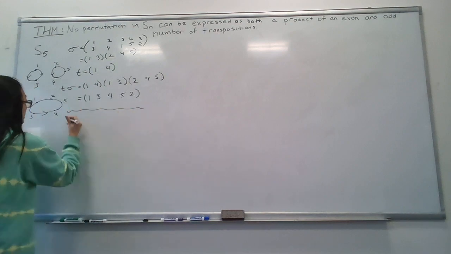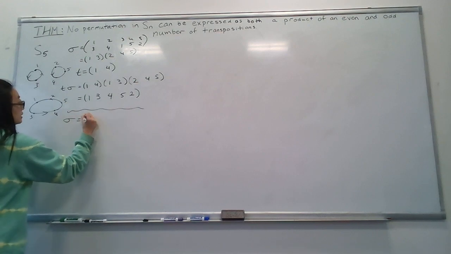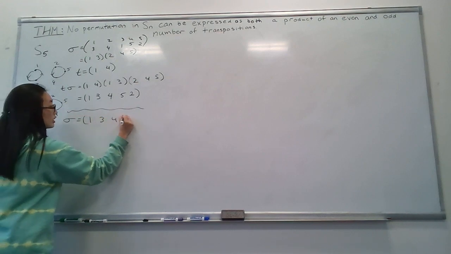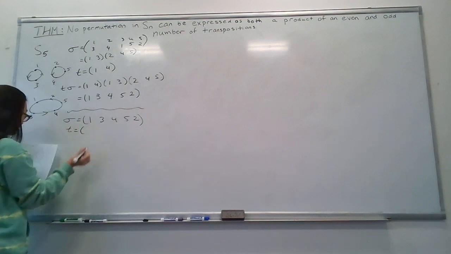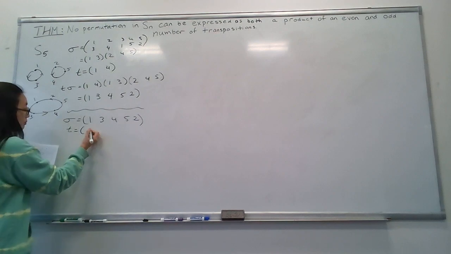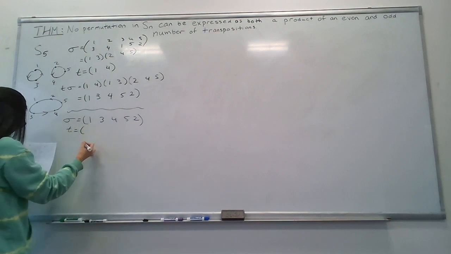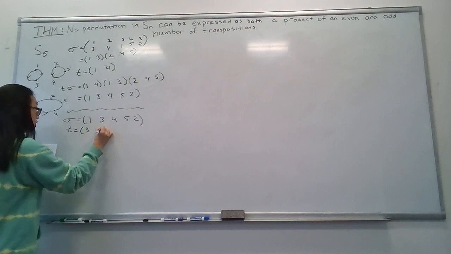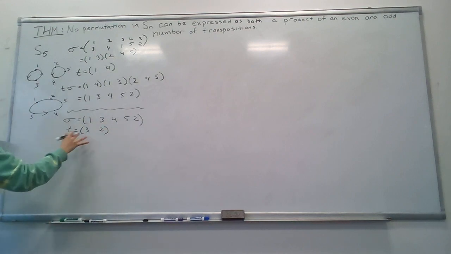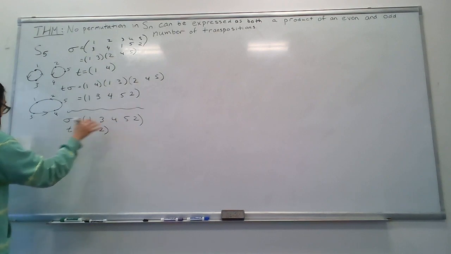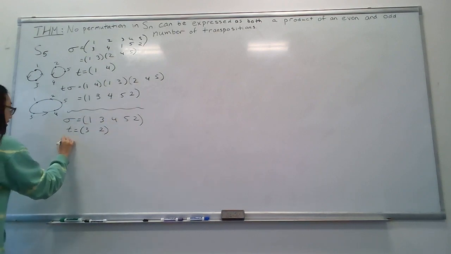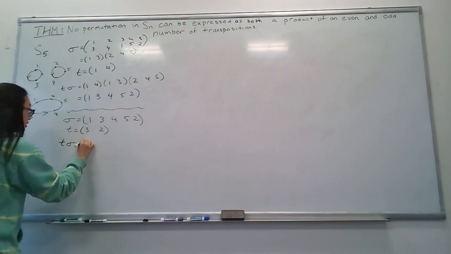And now let's consider the permutation 1, 3, 4, 5, 2. As we see over here, this is 1 orbit. Right? And let's now look at the transposition (3, 2). The transposition has elements that are in the same orbit. And then the product of this is